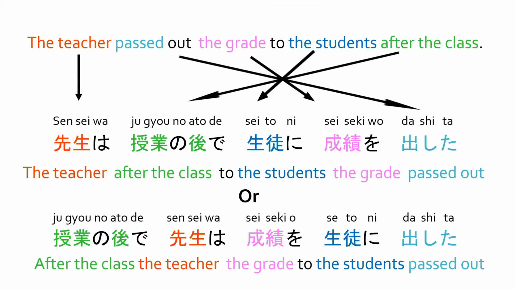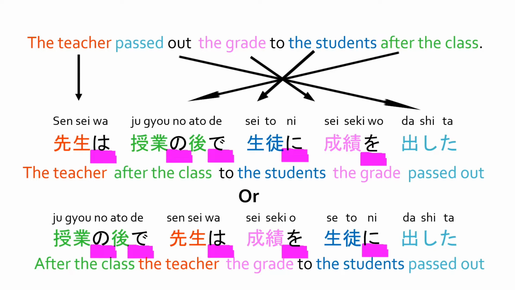And here's an example sentence. The teacher passed out the grades to the students after the class. In Japanese, it can be 先生は授業の後で生徒に成績を出した. As you can see, you can't change the order of an English sentence, but you can do that in a Japanese sentence, and it is still clearly understandable. Then, why is Japanese grammar so flexible? The key is